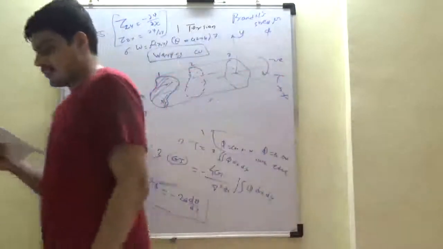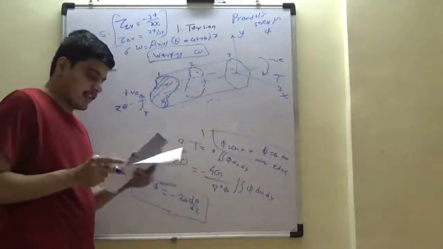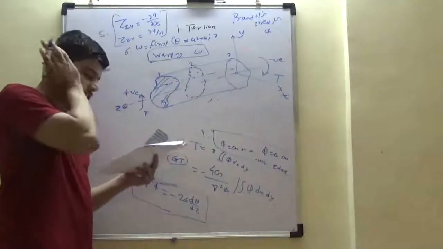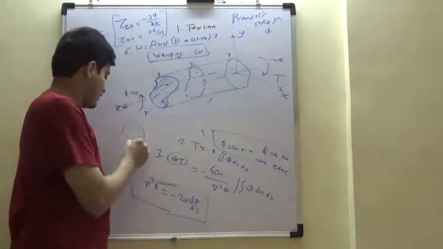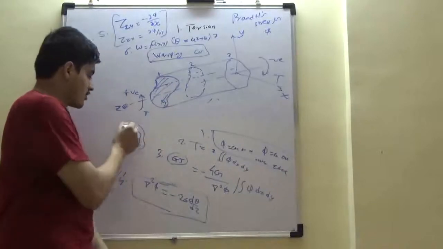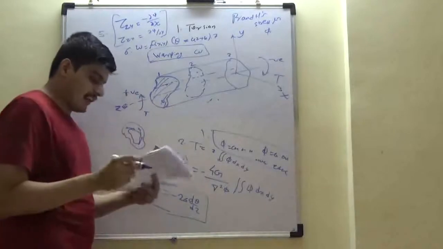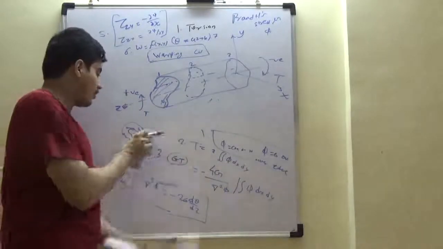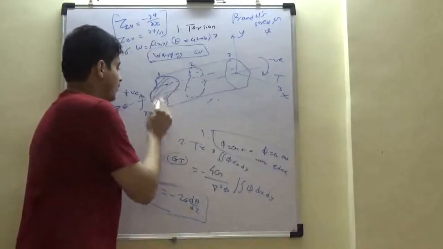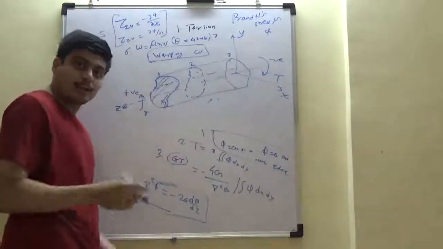Any point at which there is a resultant shear stress that is tangential to a line of constant phi is called a shear line. You have seen these are the contours, right? So if this is a section, this is one contour of constant phi. The lines of shear are tangential to the line of constant phi. Since phi is constant over this surface, the lines which are tangent to it are